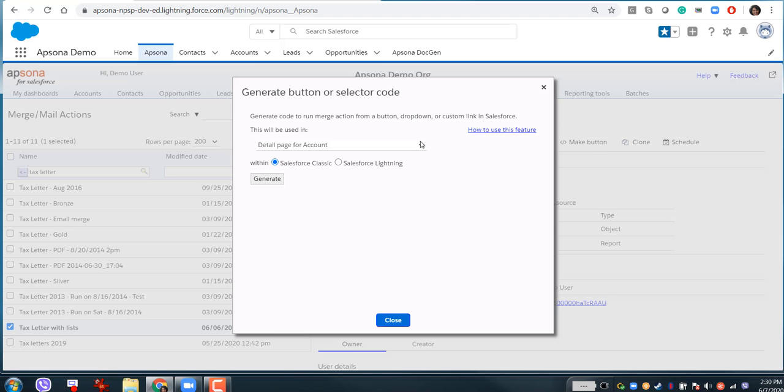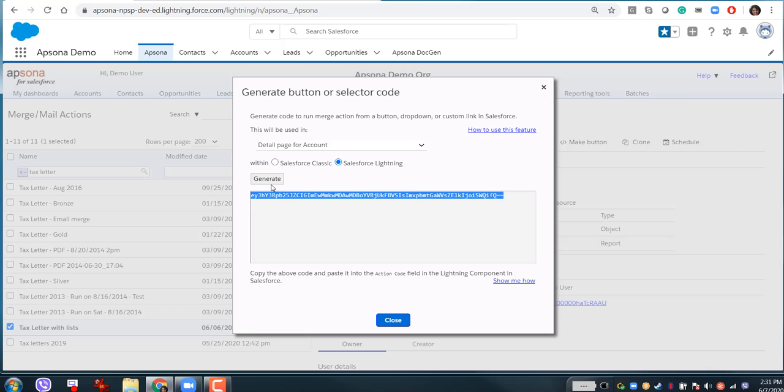Here I have a few options. If I click the drop down, I can place the button in any of these detail pages. I'm going to select detail page for account. And I want the button within Salesforce Lightning. So I select that and click the generate button. The code for the button is generated. So let's copy this